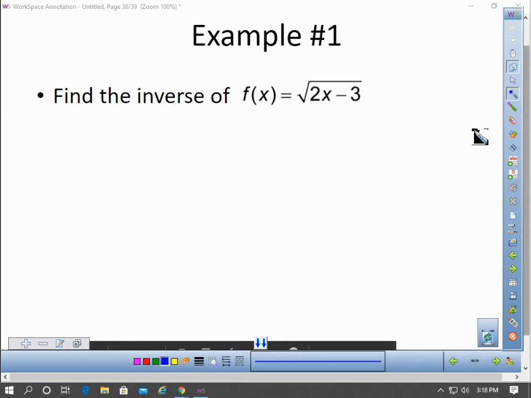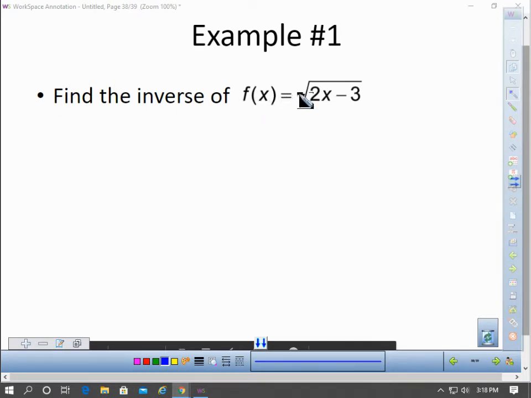So examples for inverse functions. Okay, so the first couple examples, we're just going to investigate the different properties of inverse functions and find inverse functions before we get into the main concept that you need to know: their slopes are reciprocals of each other. All right, so for this first one, example number 1,